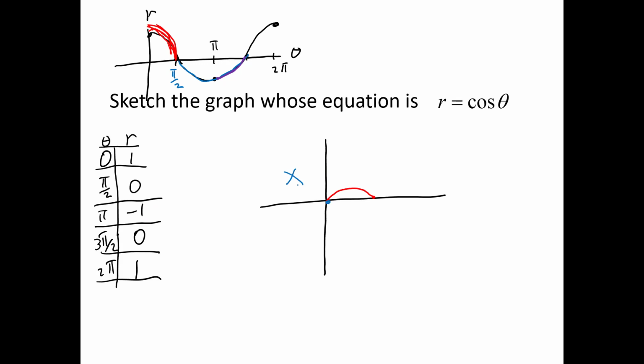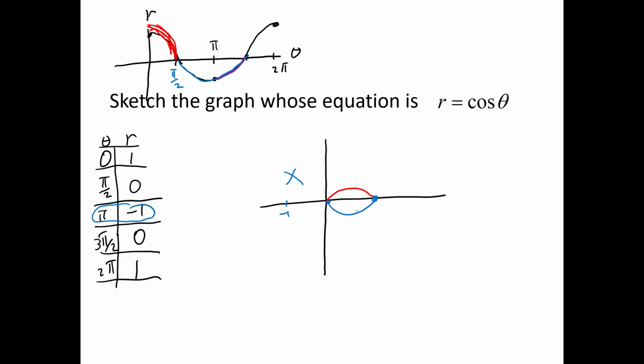They're in this quadrant. But instead of my points being in that quadrant, because my r value is negative, I'm actually down here. And that's going to happen from pi over 2 to pi. Right here at this pi, -1, that's this point right here. Because my angle is pi, so I should be over here,